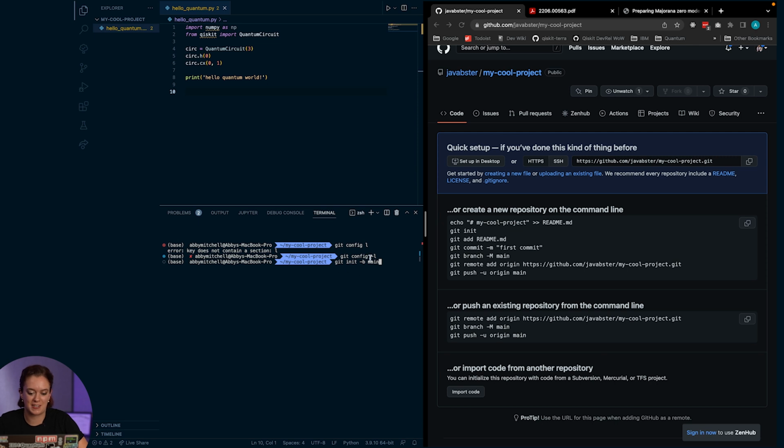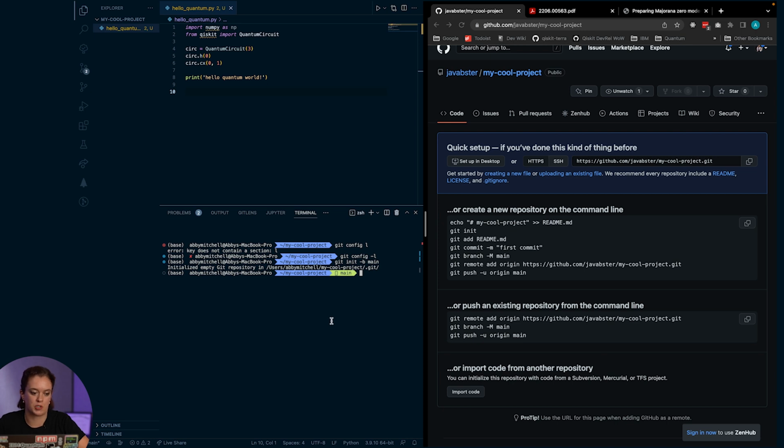So I'm just going to type git init -b main in my terminal, hit enter, and you can see here that it's initialized our project, and it says it's empty. That's because we haven't formally added anything and pushed. I have quite a nice filter on my terminal where I can see which branch I'm in. So if I create new branches, like my cool feature, my other cool feature, that could also show up, but we're not going to worry about that for this video. We're just going through the basics here.